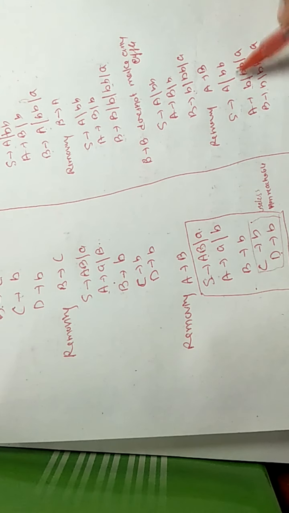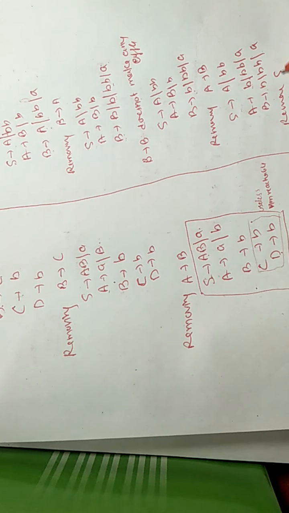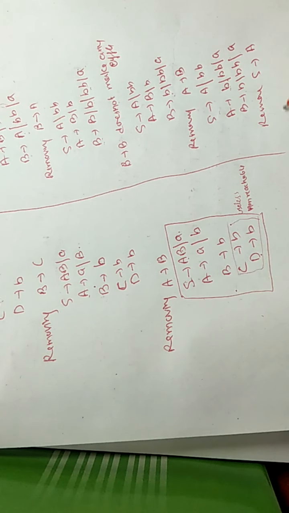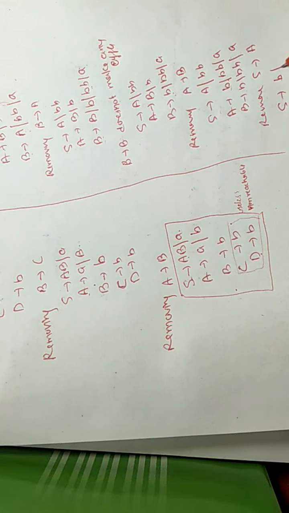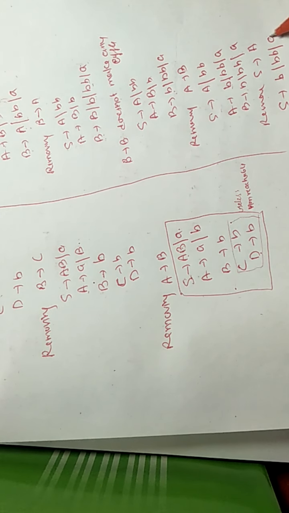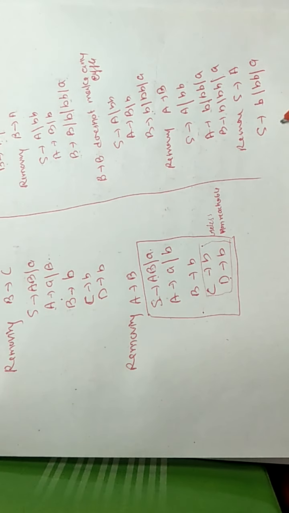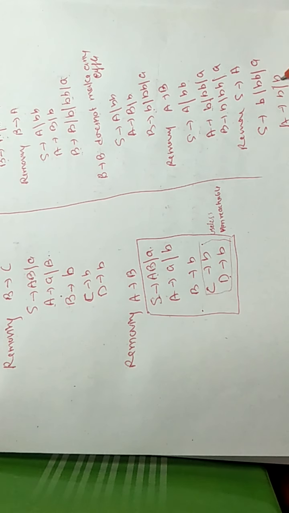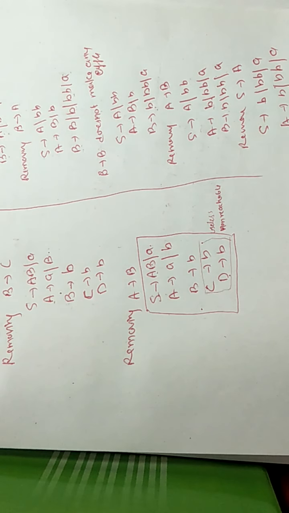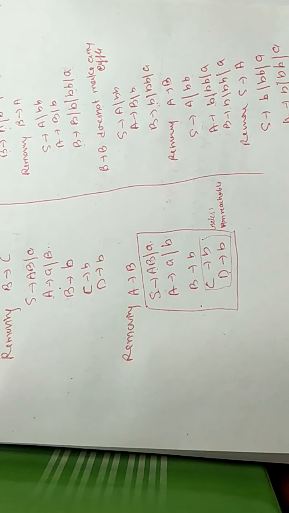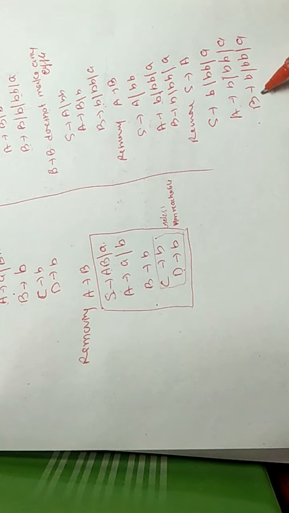Now we can remove S tends to A. Remove S tends to A. So S tends to, it becomes BB or A. We need not write BB two times. So it will be the resulting answer where productions of A and B are useless. We can remove the productions of A or B in case of simplification of grammar. Otherwise there is no need to remove them. This is for today's lecture number 19.